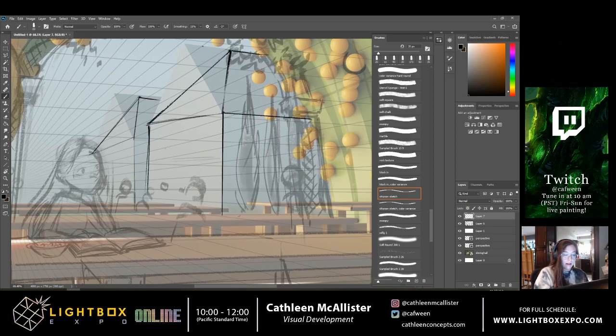And then I think what I'm gonna do is, I like it when buildings have a little top third or bottom third of detail. So this is where the detail is gonna be, in the little band here. And then